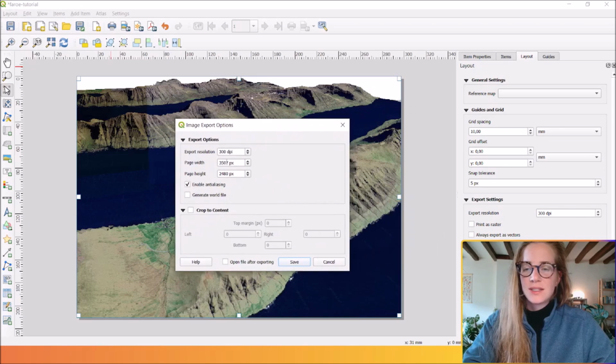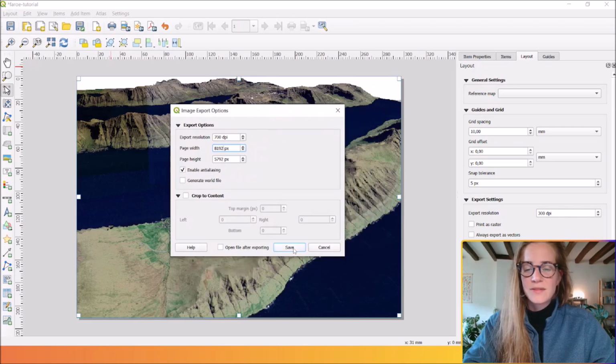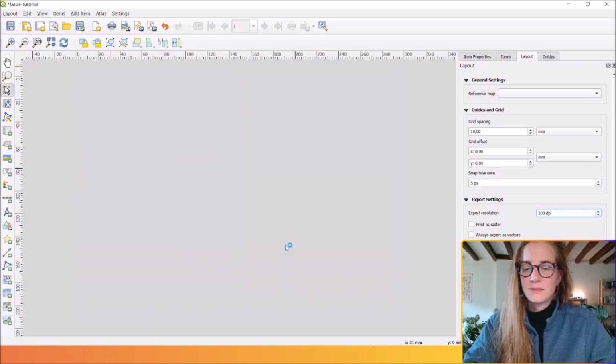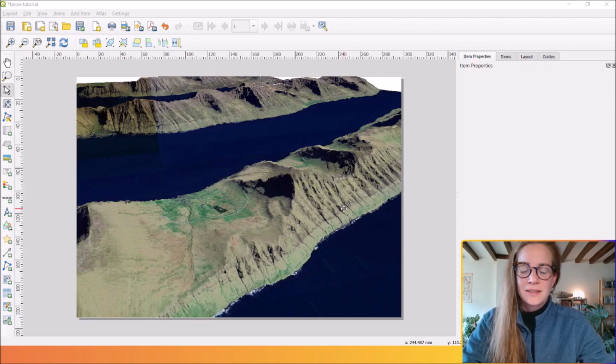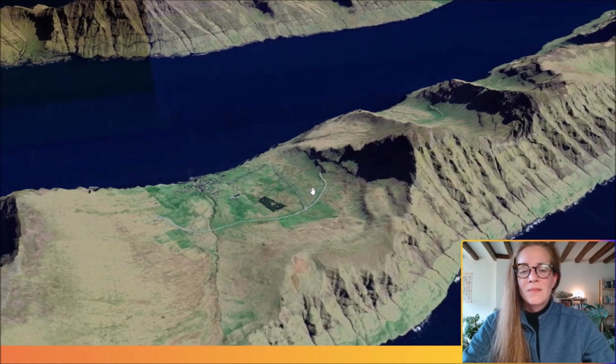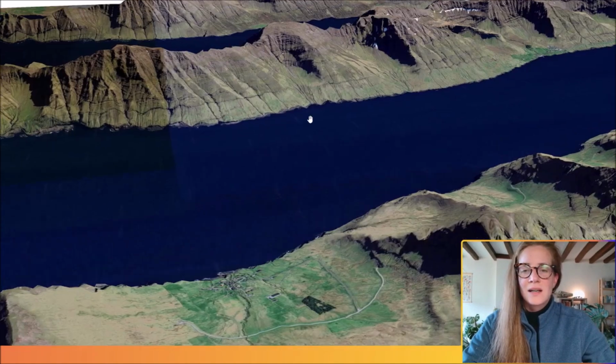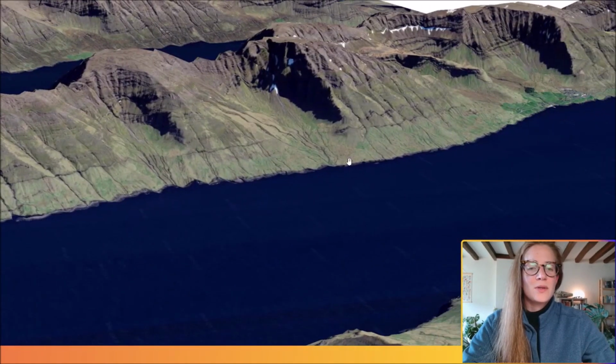And here you can select the highest resolution that you want to set and save your 3D model. Okay, great. So now if you look at the exports, we will see that we've got a high resolution everywhere